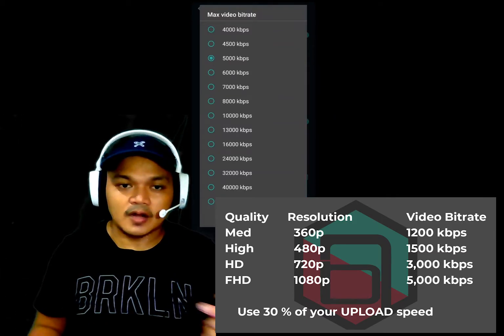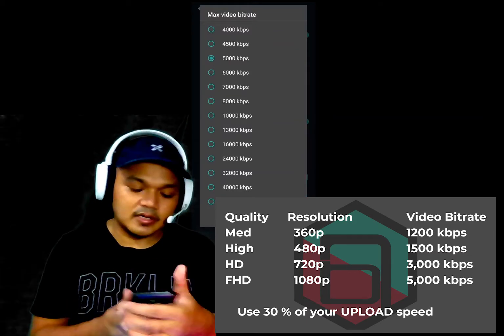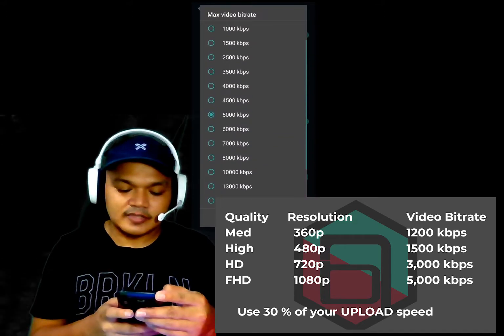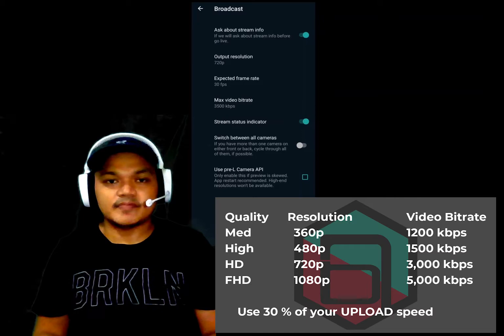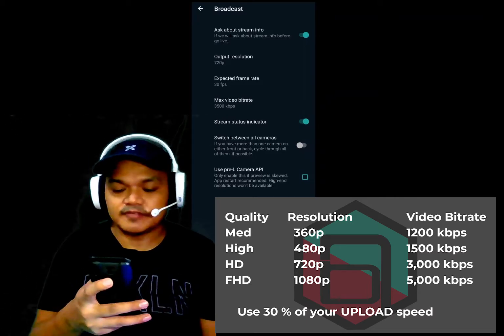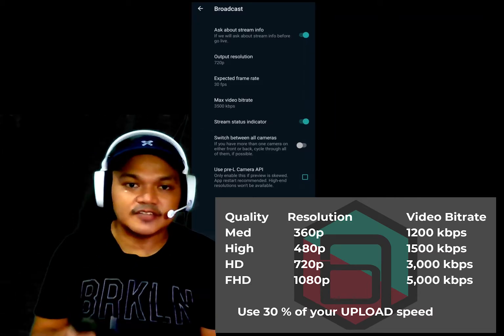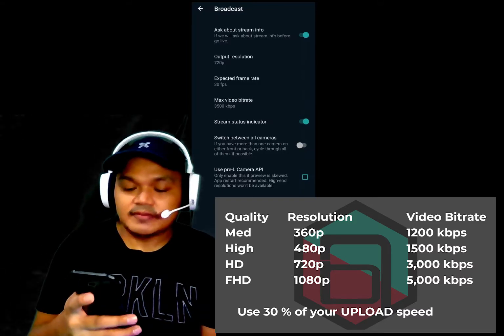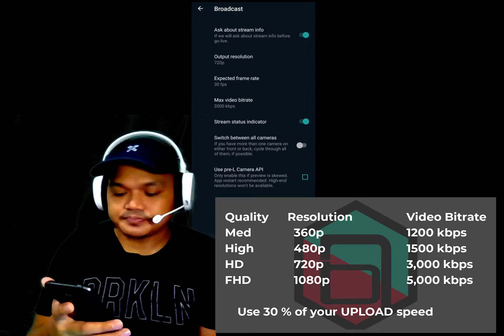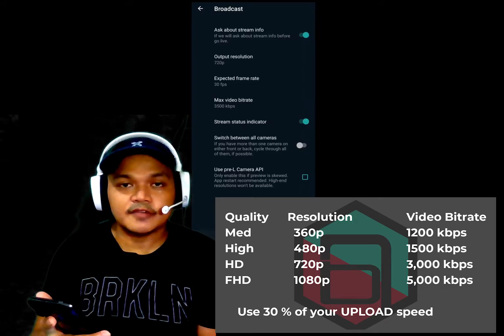Since, basing on this chart, for 720p we need to have around 3 minimum. The minimum is 3 mbps. So I'm choosing 3.5 mbps or 3,500 kbps. All right. Also, we need to have the stream status indicator turned on for us to know if our stream